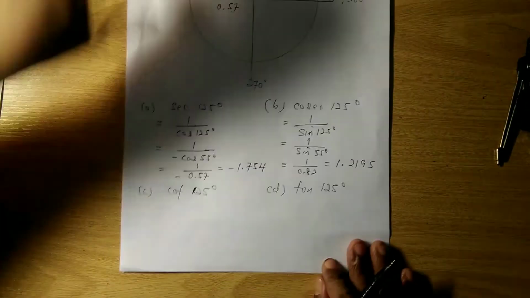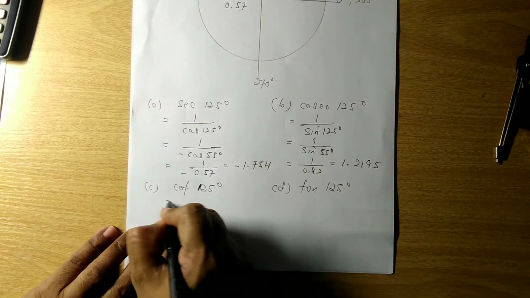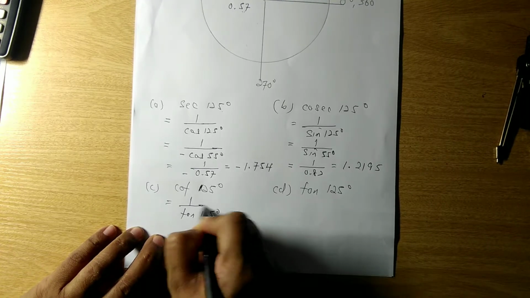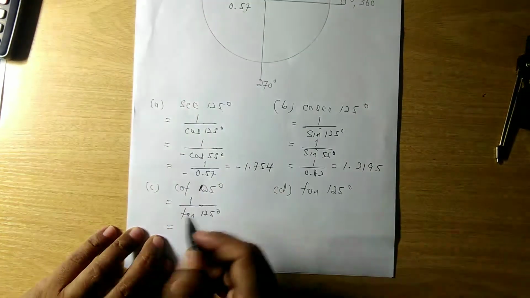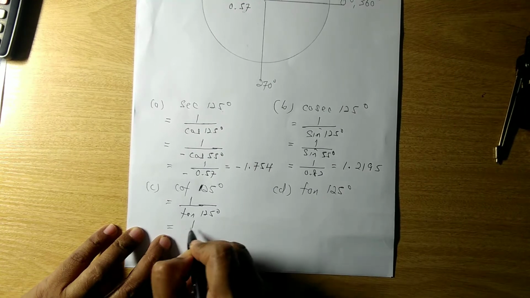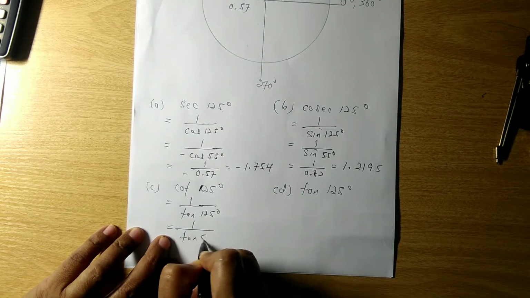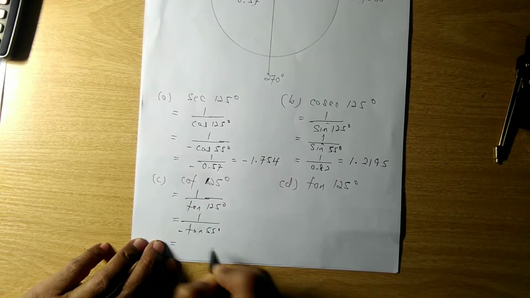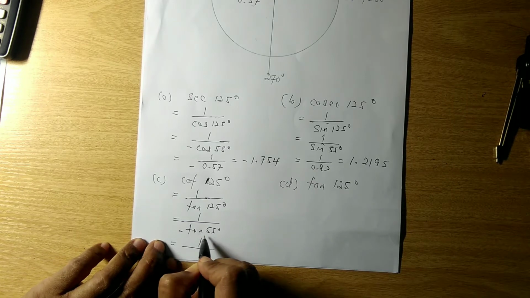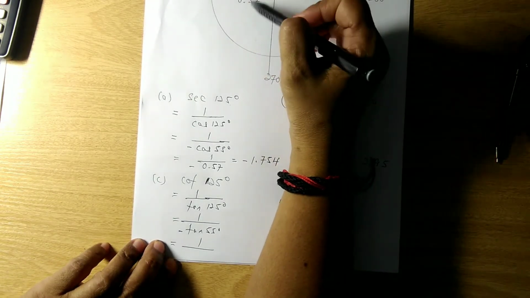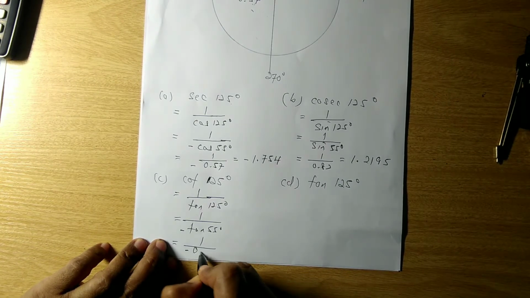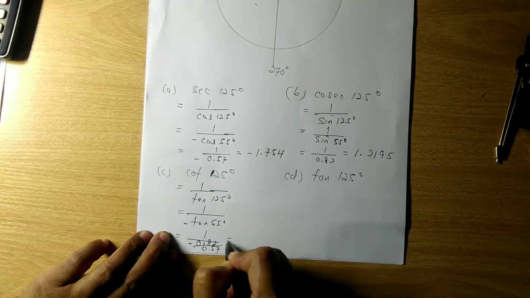Now cotangent is actually 1 over tangent 125 degrees. So just the same. So this is 1 over tangent 55. Now tangent in the second quadrant is negative. So it's 1 over, okay, tangent 55 is actually opposite over adjacent. So it's negative 0.82 over 0.57. Okay, so it's a negative. So you actually get